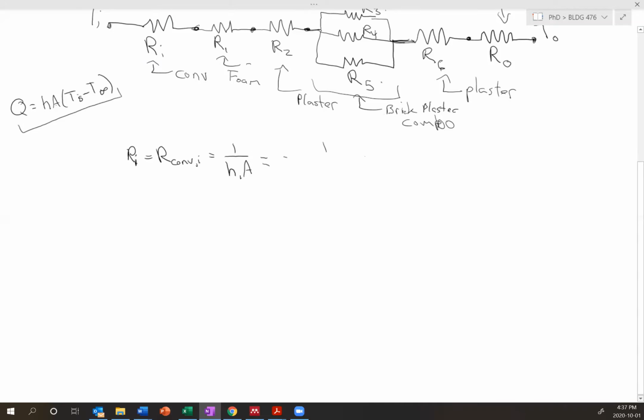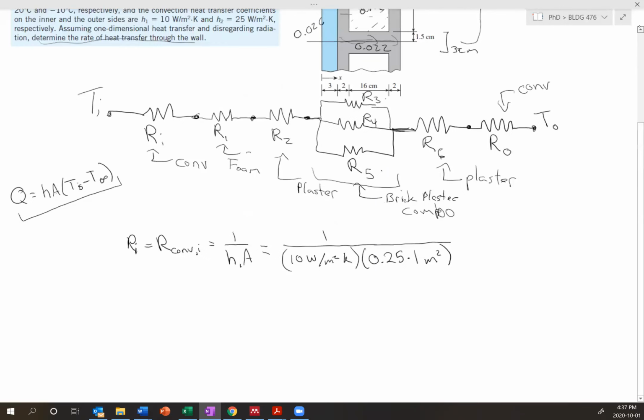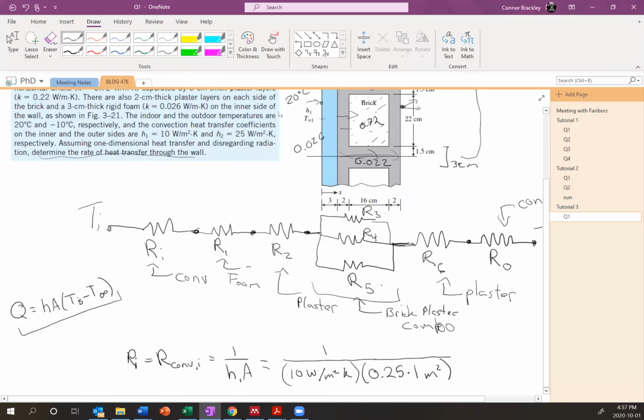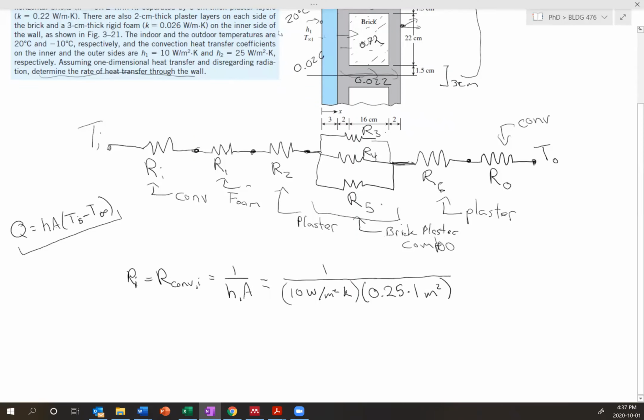Here we have 1 over our 10 watts per meter squared Kelvin, and then our area, which is 0.25 times 1 meter squared. Okay, and then this 1 meter squared